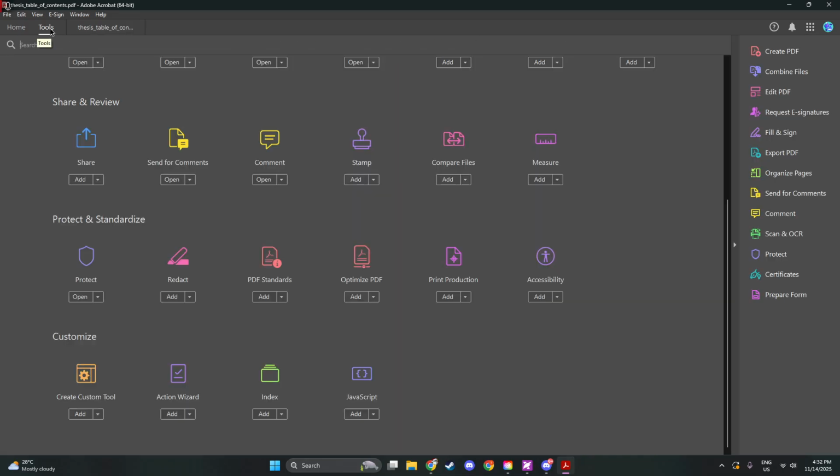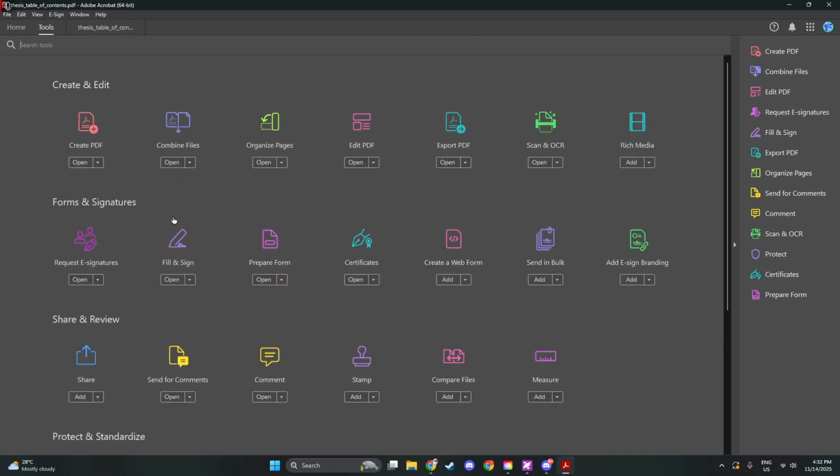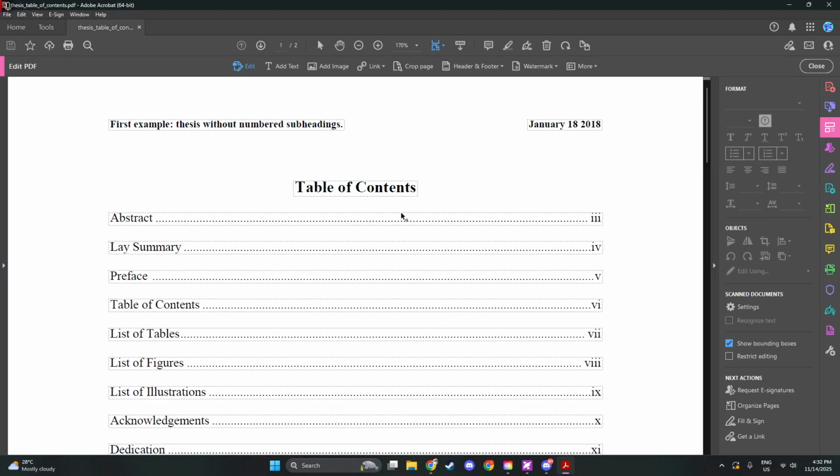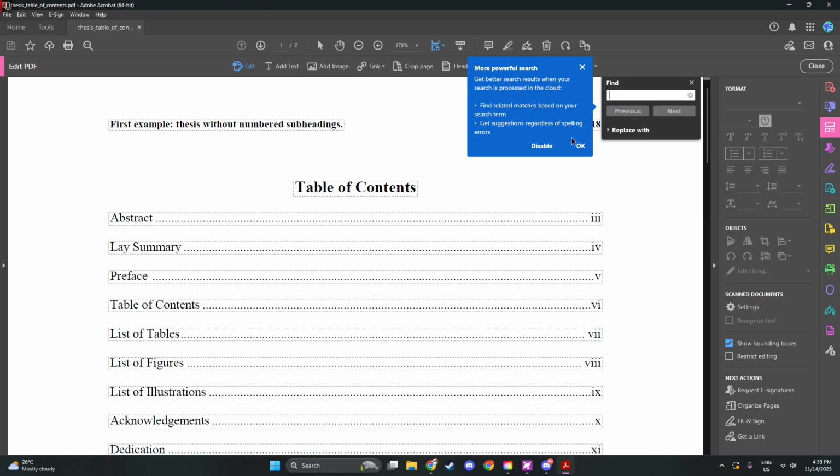Now, to begin the process, direct your attention to the top menu bar. You'll want to choose the Edit tab. If you're someone who appreciates keyboard shortcuts, there's an efficient alternative. You can open the Find toolbar by simply pressing Ctrl+F if you're on a Windows computer, or CMD+F if you're using a Mac. This action brings up the Find toolbar, ready to assist you in locating the text you're looking